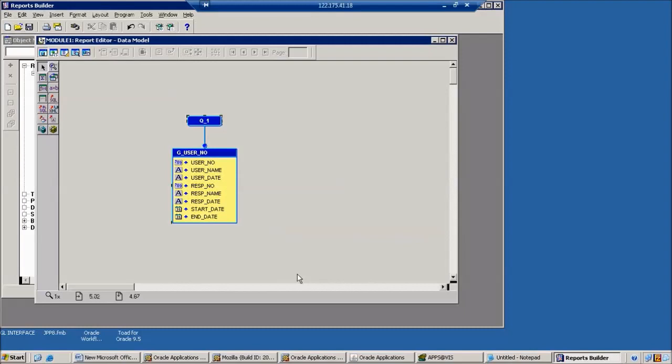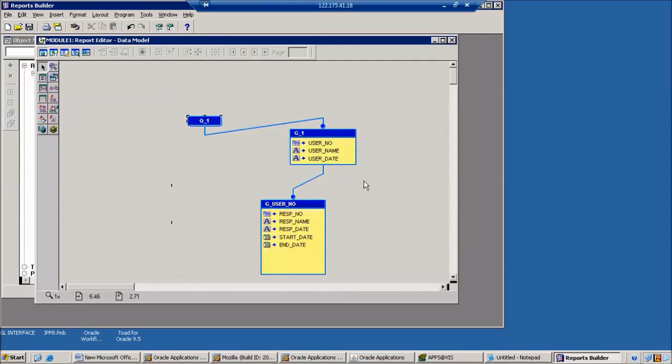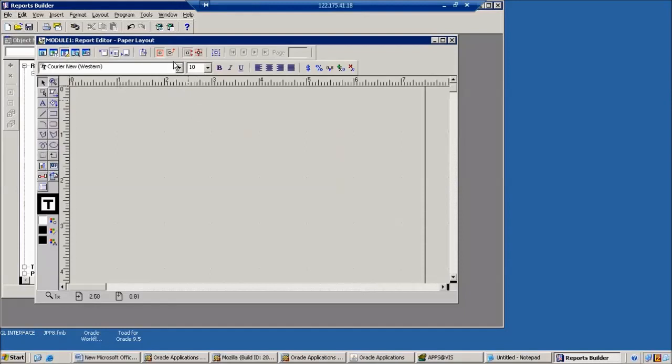This is the query. Here we want to vary the master group: user number, username and user date. These are the master group columns. Next go to the layout model. Here we have confine mode and flex mode.